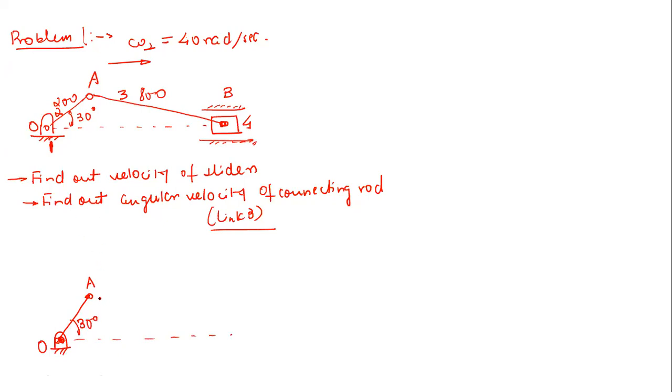Now take your compass, keep it here, and make an arc of 800 mm somewhere at this point. This will locate your slider. This is how in all cases you are going to draw the configuration on the sheet. Once you draw the configuration on the sheet, then you proceed for the remaining analysis. Just remember this.